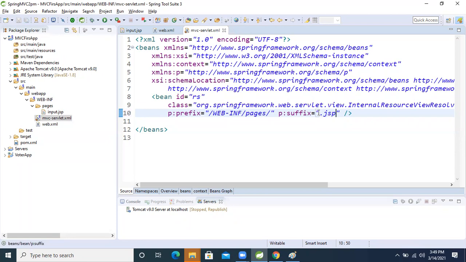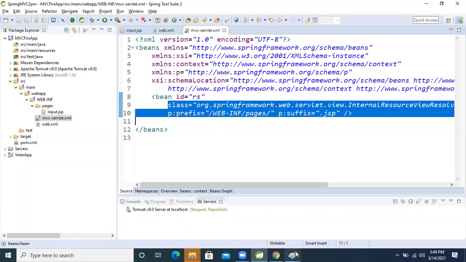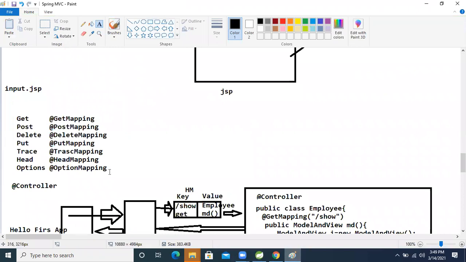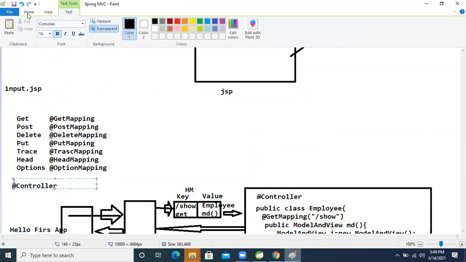Okay, but still one more thing we need to do. I said that whenever we are writing and applying the stereotype annotation, for that, which annotation are we taking in the configuration? At the rate component scan we are taking, or not? This annotation we are applying, then our container is detecting